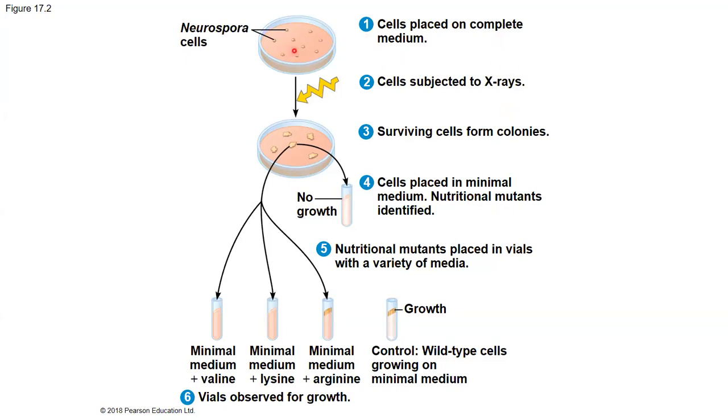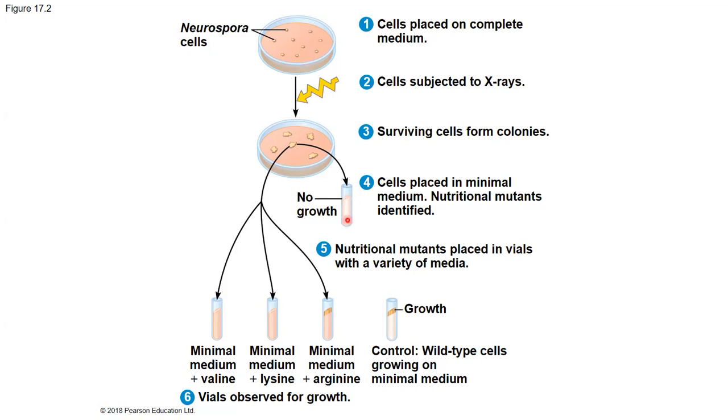Neurospora cells were grown on complete medium, and this complete medium contains all the necessary amino acids. These Neurospora were treated with X-ray. X-ray will introduce mutations into the Neurospora genes. The surviving cells were able to grow on complete media because it contains all the necessary nutrients. And then they took these colonies and grew them on minimal media, which contains only vitamin, salts, and glucose